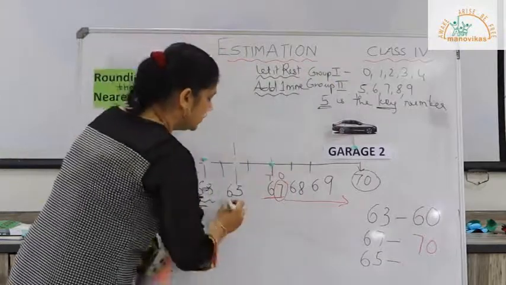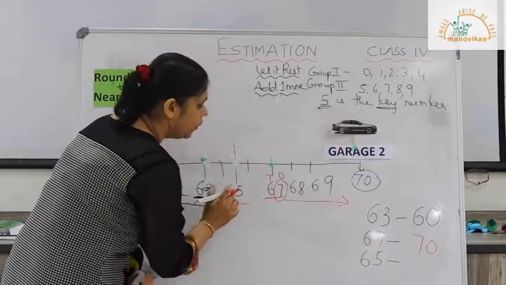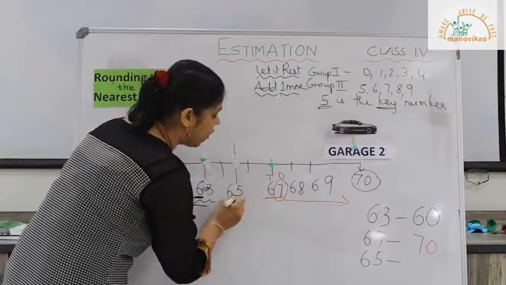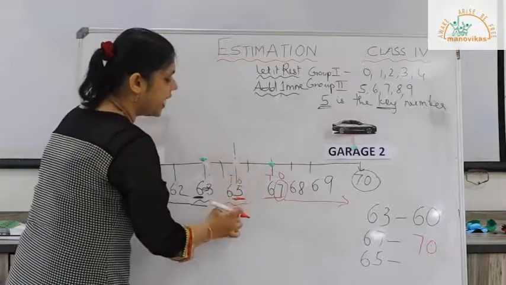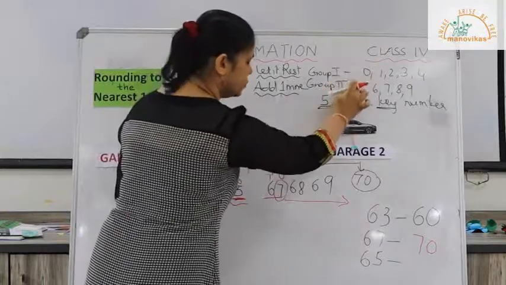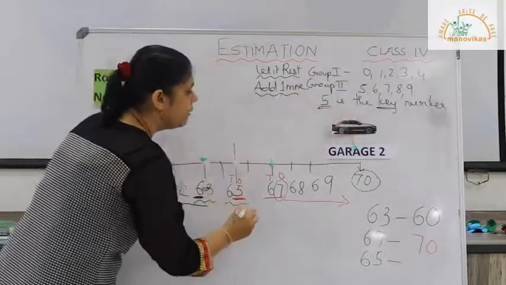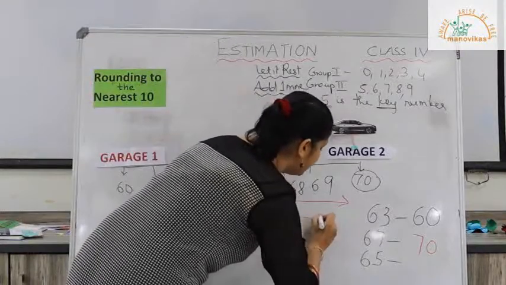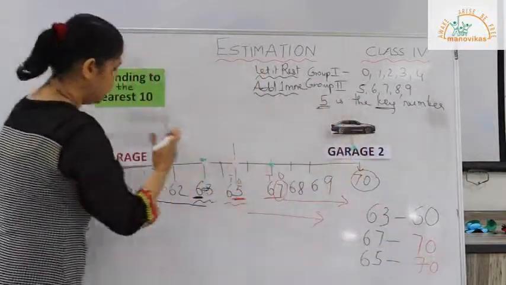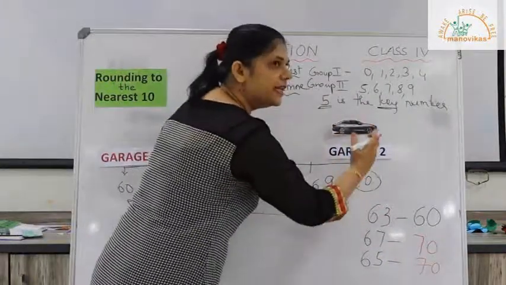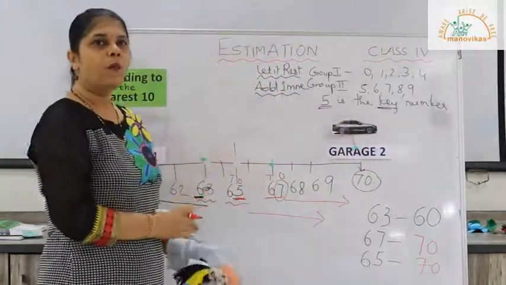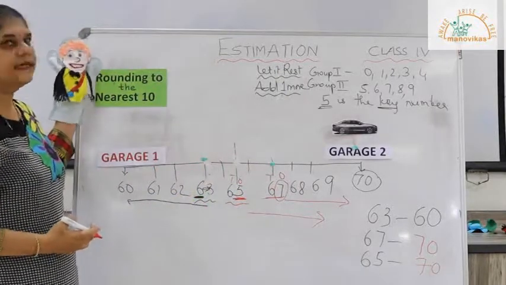Right? So, here again, what we need to do? We had to round up number 65. So, check the digit in the ones place. It is 5. To which group does it belong? It belongs to group 2. So, what will happen here? 65 again is rounded up to the next 10, that is 70. It will not round down, it will round up to the next 10, that is number 70. With this story, I hope rounding to the nearest 10 is clear to you.